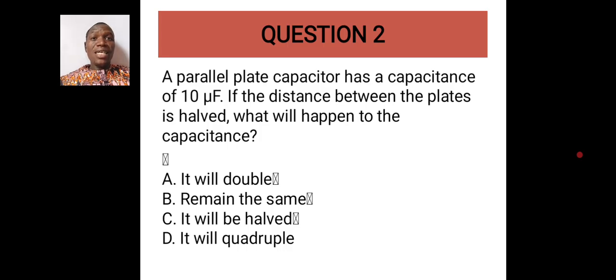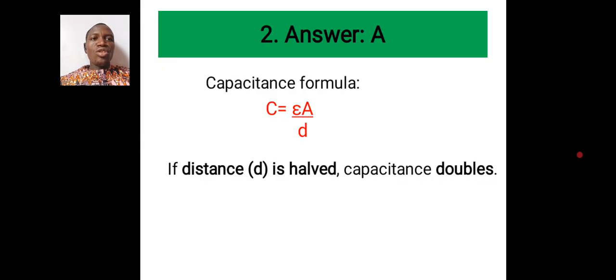So as you get along, you are getting yourself familiar with how JAMB asks questions. In case you have not written JAMB before, don't just close this video. You need to know how JAMB forms their physics questions. So A, we have it will double, B, it will remain the same, C, it will be halved, and D, it will quadruple. So what's the correct answer? The correct answer is